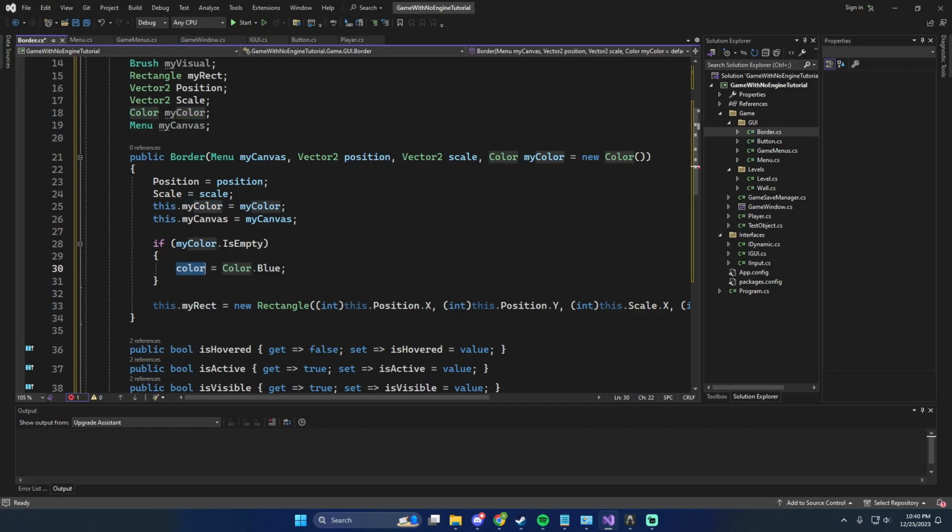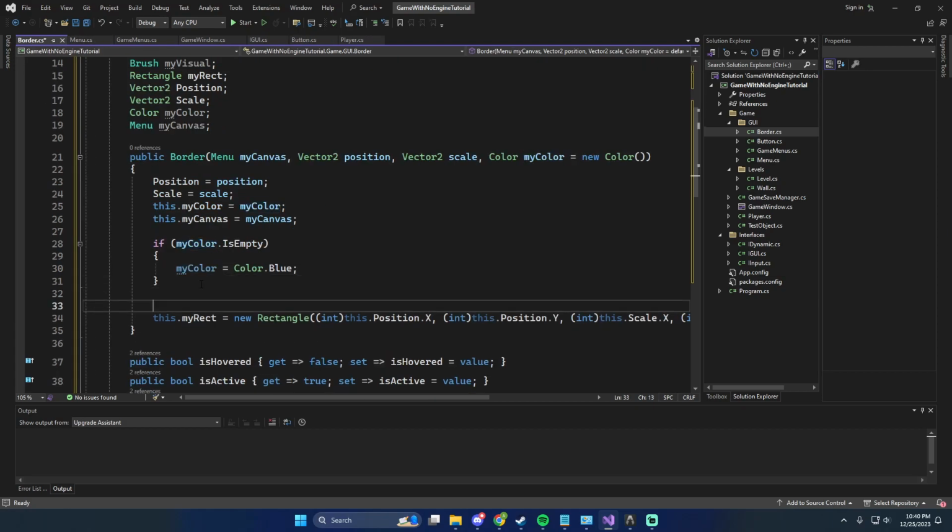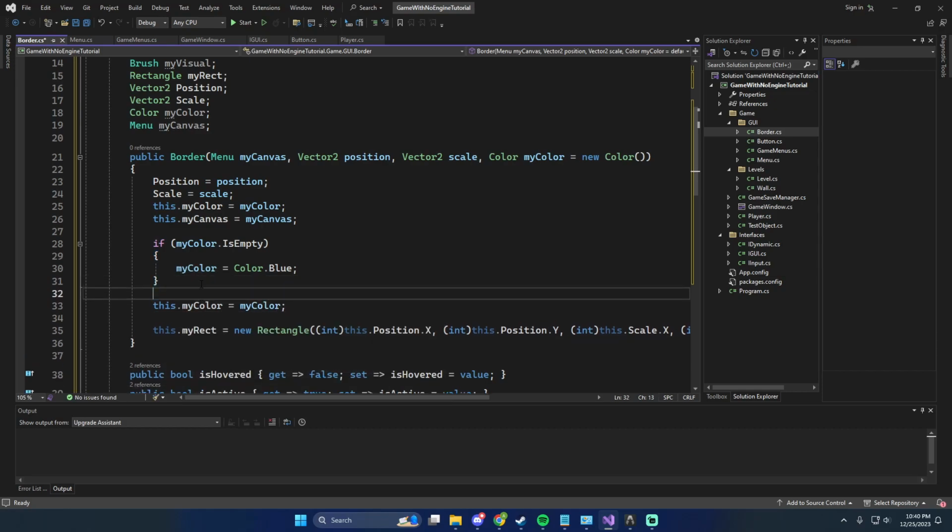Oh wait, no, we don't do it that way. We do my color equals color.blue. And then no matter what, we say my color equals color. What am I doing? Of course I know that. This dot my color equals my color. There we go. So my color comes in, and if it's empty, then it'll assign it a default value, which